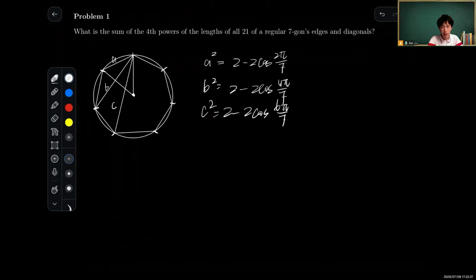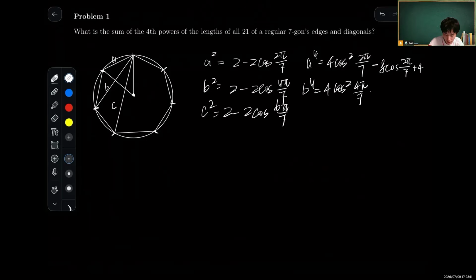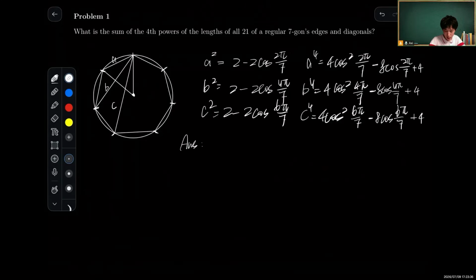First of all, since we're asked for the fourth degree values, let's square it. a to the fourth degree is 4 times cosine squared of 2 pi over 7 minus 8 times cosine of 2 pi over 7 plus 4. Then b to the fourth degree is 4 times cosine squared of 4 pi over 7 minus 8 times cosine of 4 pi over 7 plus 4. c to the fourth degree is 4 times cosine squared of 6 pi over 7 minus 8 times cosine of 6 pi over 7 plus 4. Then our desired answer is 7 times a to the fourth degree plus b to the fourth degree plus c to the fourth degree,